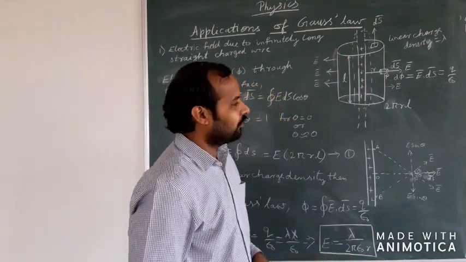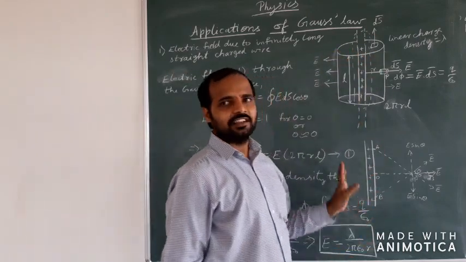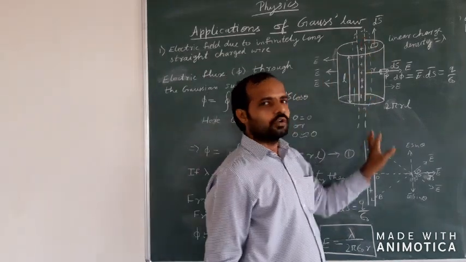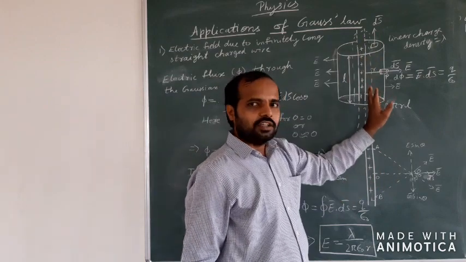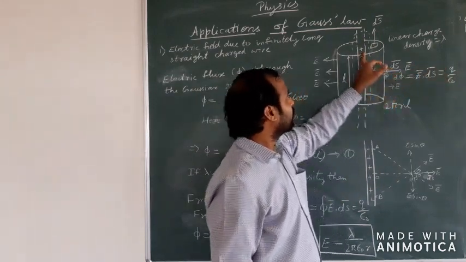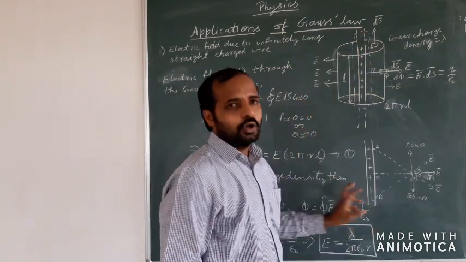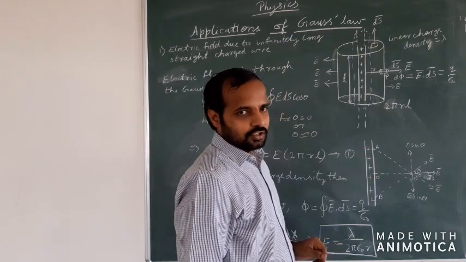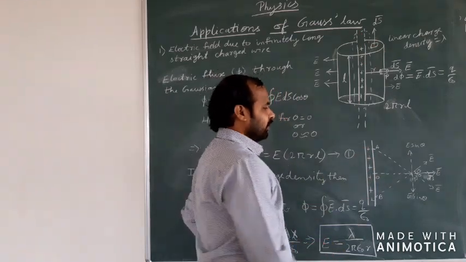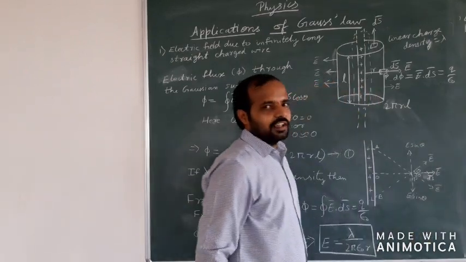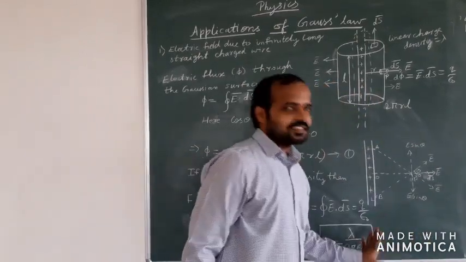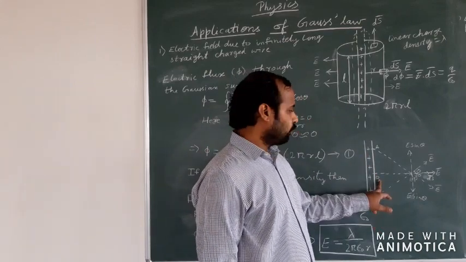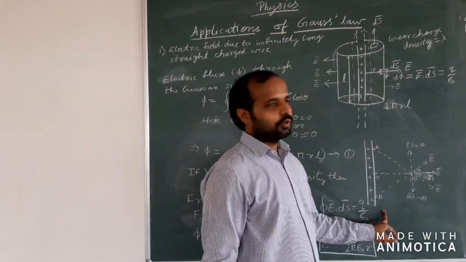It is along the direction of the electric field. Now let us say we have an infinite length conductor over here. If we have an infinite length conductor, we have charges all over, which means I have to find the component of electric field at point P due to the charges all over the conductor, that is, throughout the length of the conductor. So then how do we do it? Very simple. We are going to take the components of electric fields due to various charges at this point P. I have taken only 3 points. One point is O, the second point is A, and the third point is B.